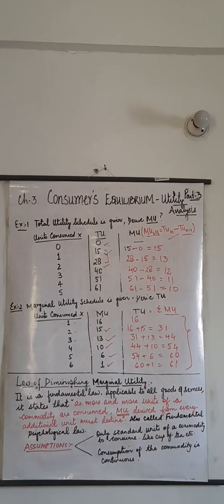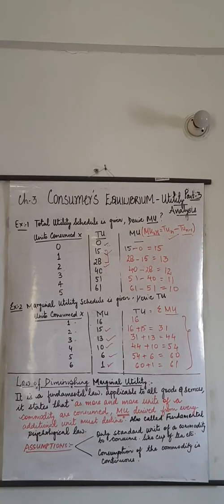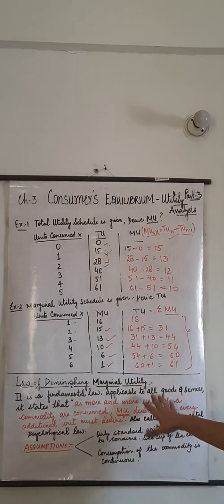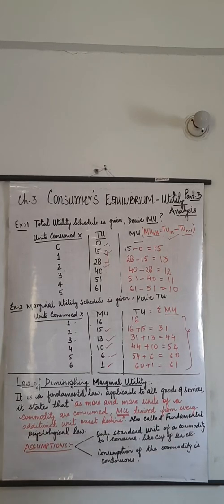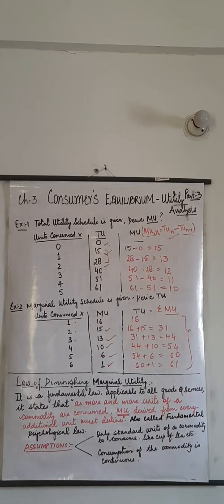When you are very thirsty and you have a glass of water, you get maximum satisfaction. When another glass of water is consumed, its satisfaction level will be a little less. At the third, it will decline more. At the fourth one, it will be 0. At the fifth one, it will become negative. So with this concept, the law of diminishing marginal utility prevails. It's a fundamental law and it is applicable to all goods and services, to all commodities.